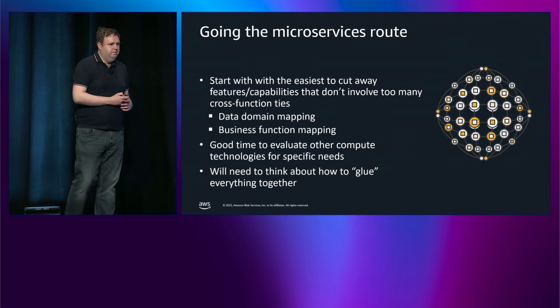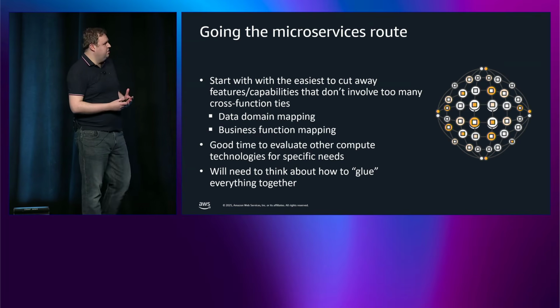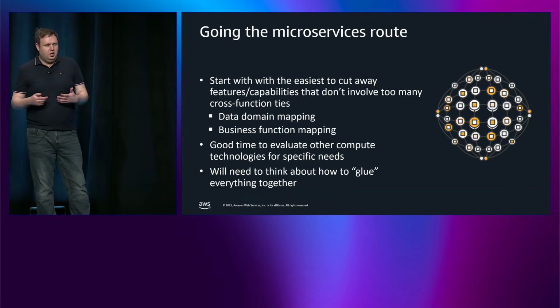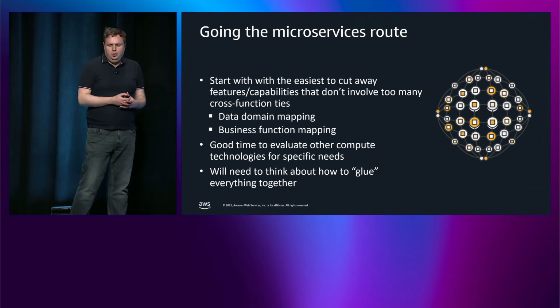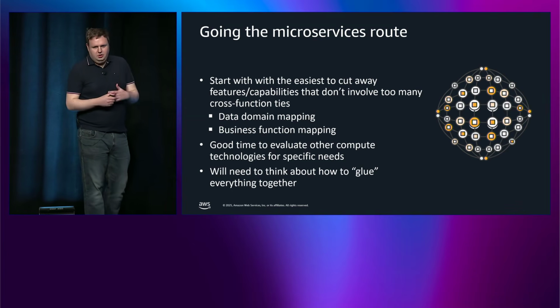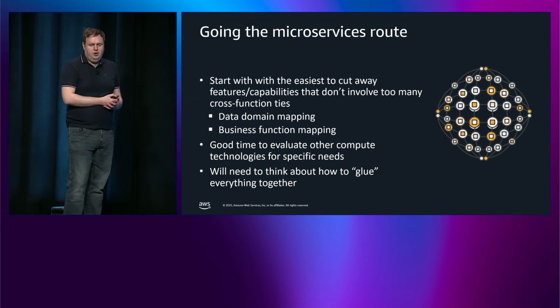So what can we do about it? The first thing is looking at a microservices architecture. Now, there's a lot of talks you can hear at re:Invent that will cover a microservices architecture, but effectively it's the act of taking a monolithic or large application and breaking it down into small components. When you're doing it, there's kind of two broad ways we look at doing this. Firstly is data domain mapping, which is when you look at all your data stores, your data structures, your schemas, etc., and look at all those commonalities and try and divide that way. Or you could divide by business function.